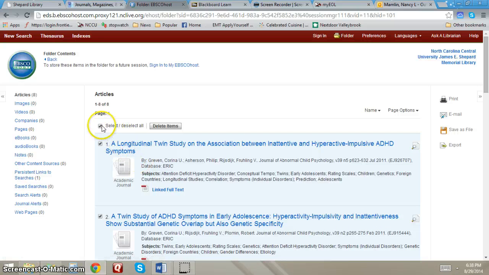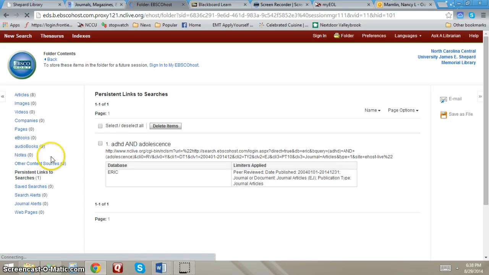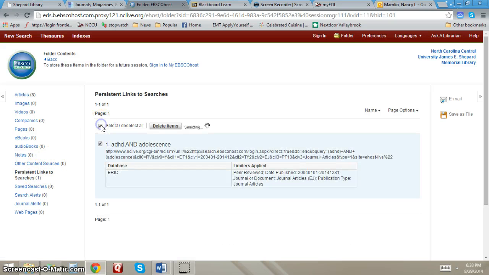Well, actually, first let's go back to the search list. Down here, persistent links to searches. Here's the search. We're going to click here. This gives you the information, what database it is, what limiters it was. What you're going to do is email this